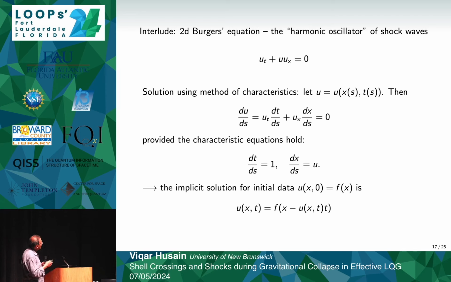Now, the interesting thing about this is that it has a solution for arbitrary initial data. So if you say that this function u at x in time 0 is f of x, then the method of characteristics gives a solution implicitly of this form. So f is the initial data, and the solution is given by this. So it looks of not too much practical value, but if you give me a function f, then you can actually write down the solution. You can sketch the graph of the solution. So here it is.